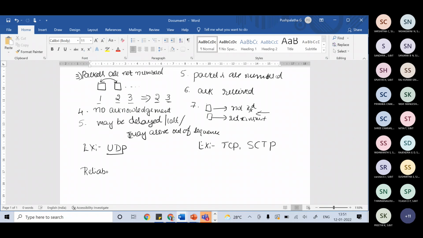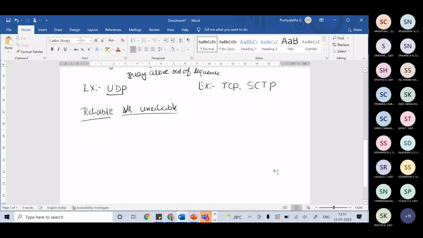But when you say it is reliable and not reliable, let me write reliable versus unreliable. So when do you say it is reliable and unreliable? The transport layer service can either be reliable or unreliable. If the application layer program needs reliability, then we use a reliable transport layer protocol.